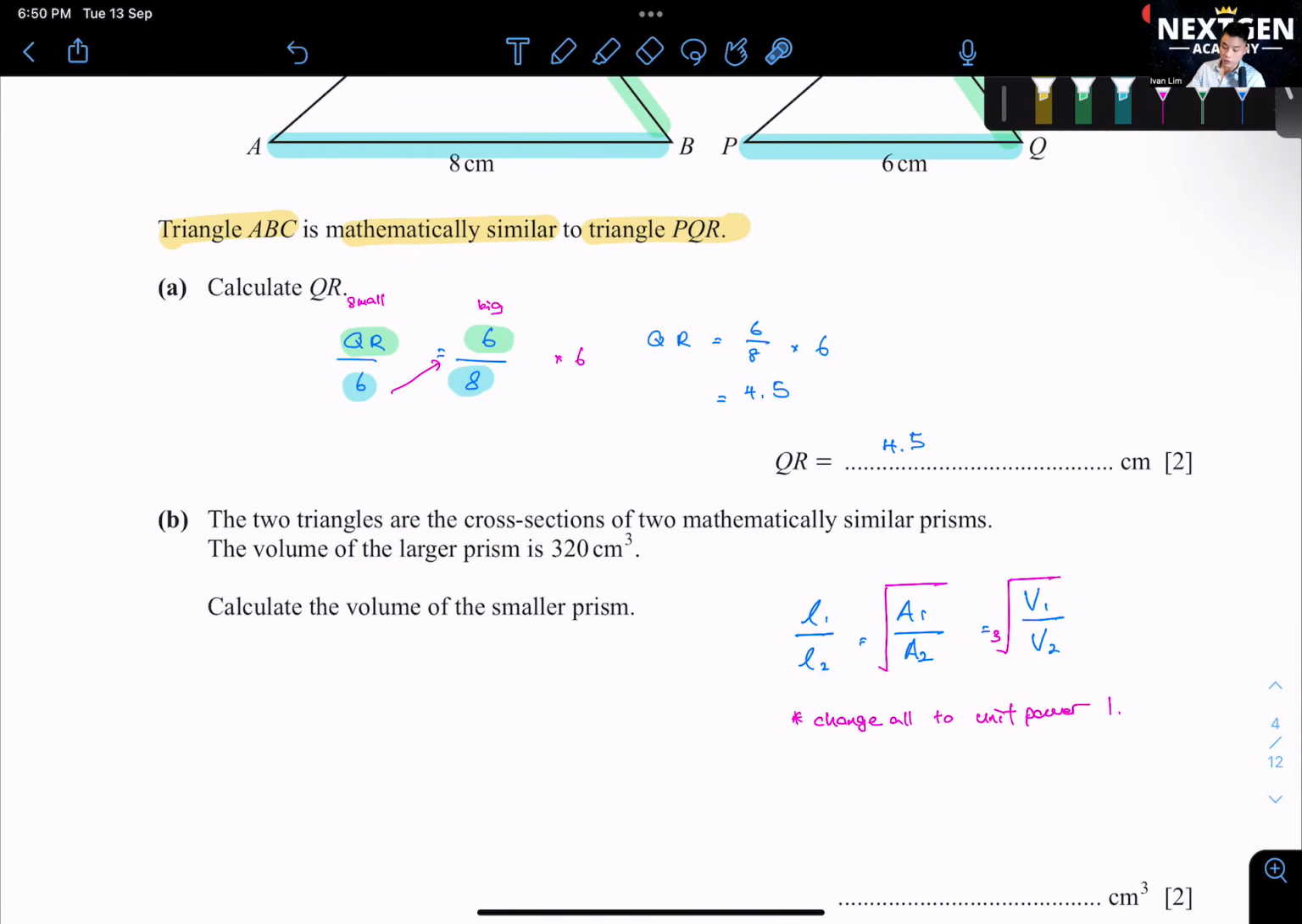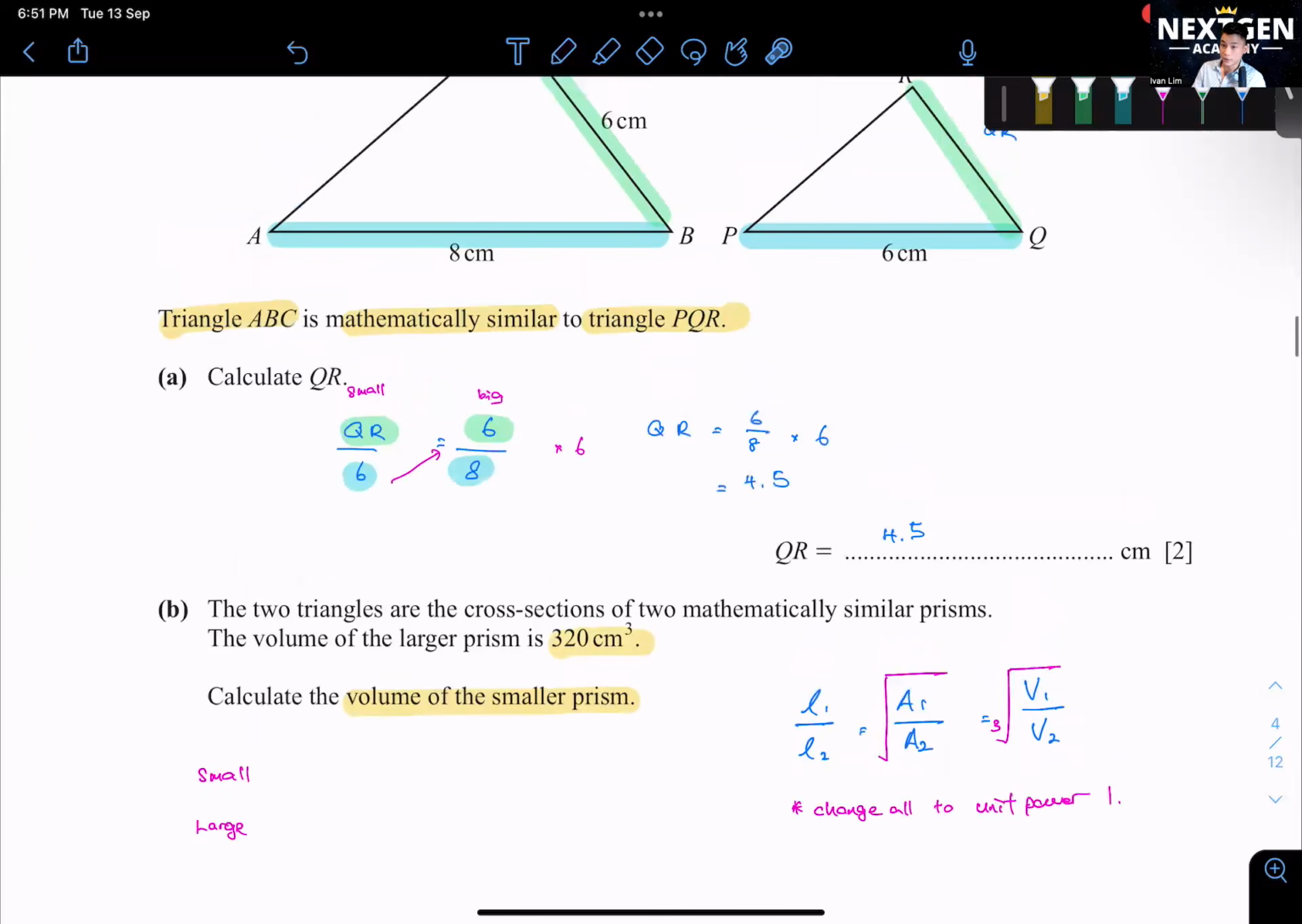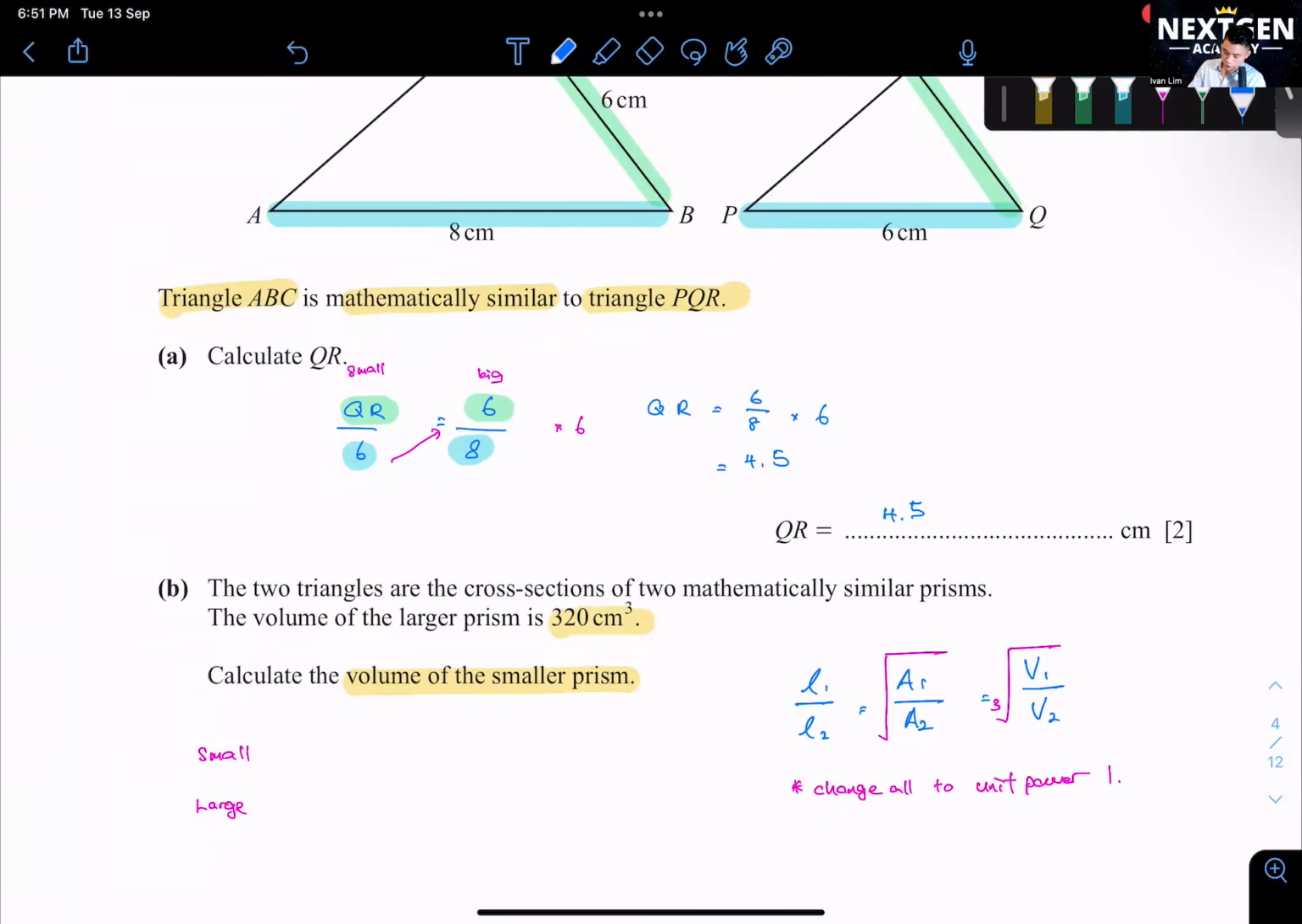Let's see how to use this one. The 2 triangles are the cross section of 2 mathematically similar prisms. The volume of the larger prism is 320 cm cube. Calculate the volume of the smaller prism. This is what you do. You can write this like this: small, then the large prism. We want to compare because what they give us is the length. You can compare this 6, 8. So what I can do is write like this: 6/8